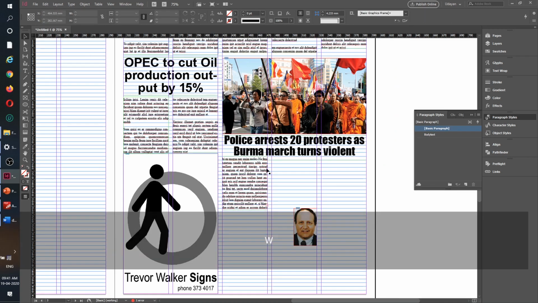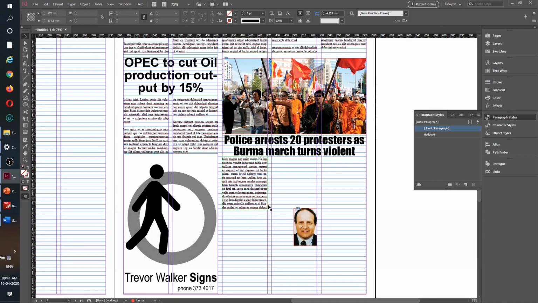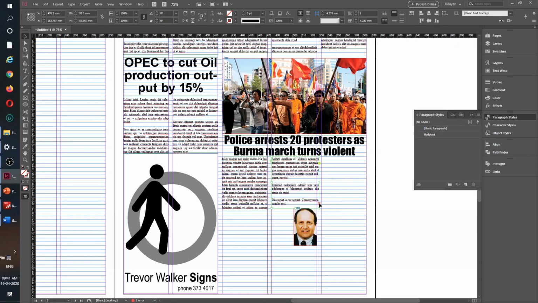Again, pressing W, I'll pick up from here and take it from here, and so okay, little bit off, sorry. Always make sure you're using the guideline. I see a lot of students use column guides and then they don't use column guides. Then what is the use of making the column guides in the first place?